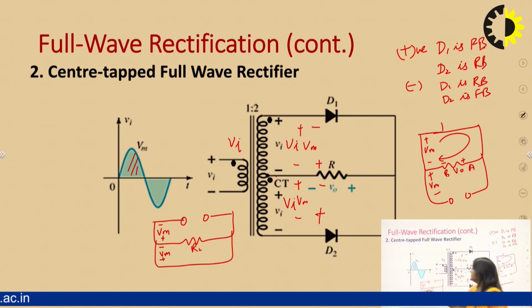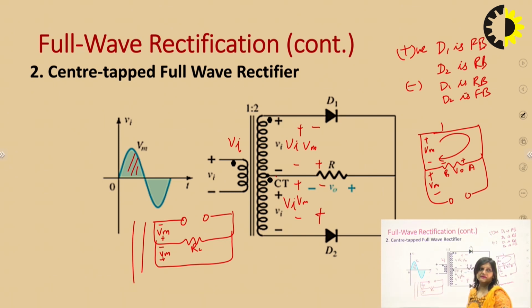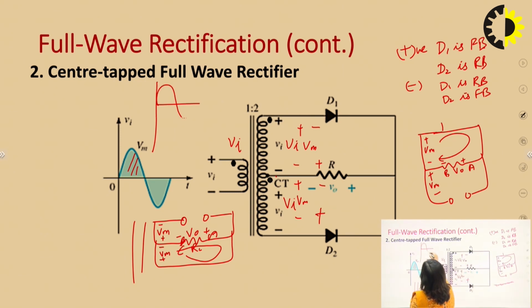So here this is the negative half cycle. D1 is reverse biased and D2 is short circuit. Now the direction of current will be in this way here. So it is also V0 plus minus. So here we can see the direction of current in both cases is the same. Here also A to B, in the previous case also from A to B. So that's why if this input signal is this, the output signal will be in this way.